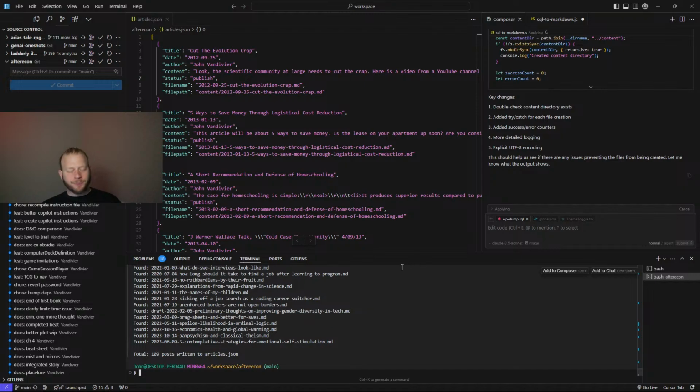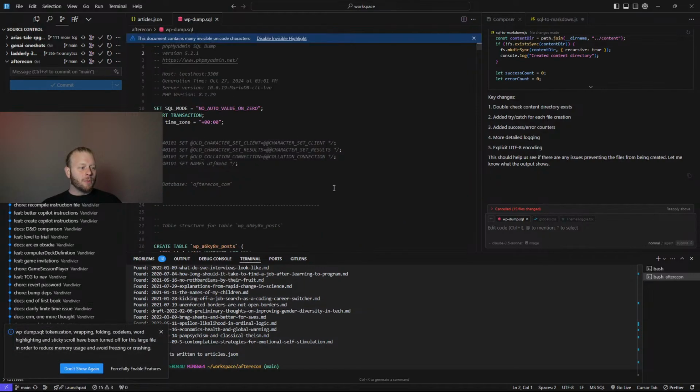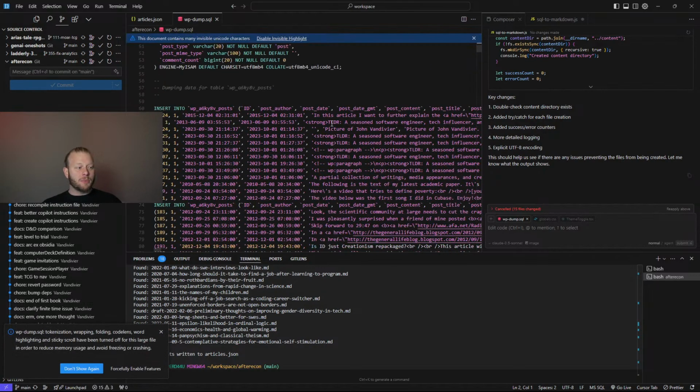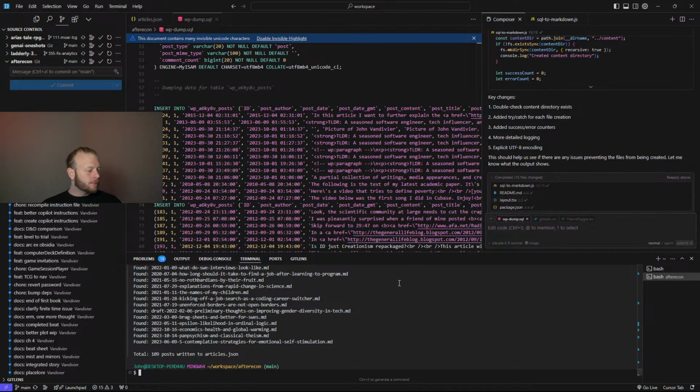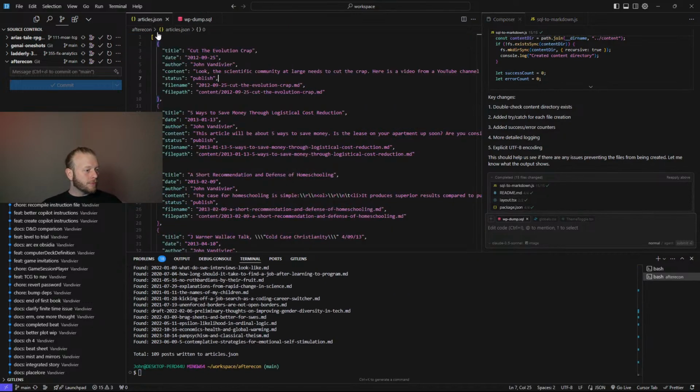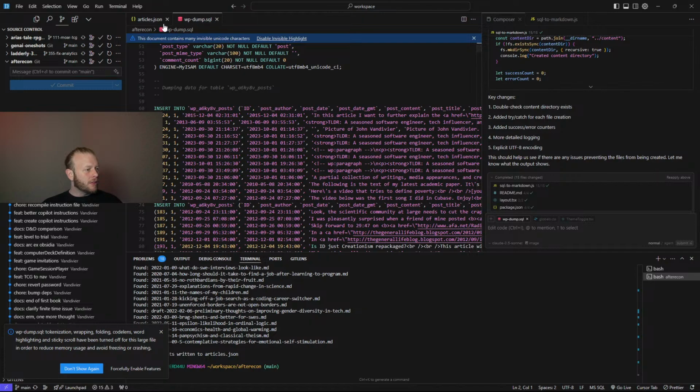So what's happening here? We're converting a SQL text dump from WordPress into Markdown blog articles. So we're abandoning WordPress. We're taking WordPress data and then using Cursor to let us turn that into a static React website. I wonder if they're just being ignored. Nope. Where are they being written? Okay, so let's look at the script.